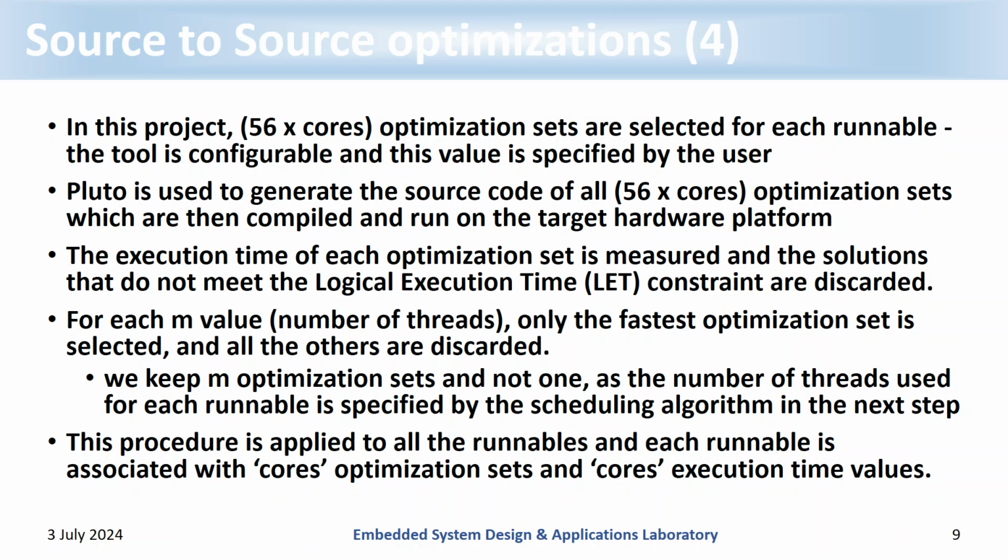All the optimization sets, this is 56 times core optimization sets, are carried out by Pluto, and their source code is first generated, then compiled, and then run on the target hardware platform, so as to measure the execution time of each optimization set. For each m value, m is the number of threads, as we said earlier, only the fastest optimization set is selected, and all